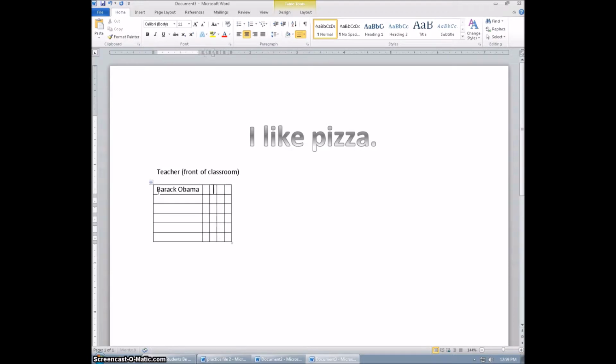And see how it changes the size of the box depending on what you type in there? You can enter and do that. I'm going to go with U.S. presidents because it's easy here. We had George Bush, and then we had Bill